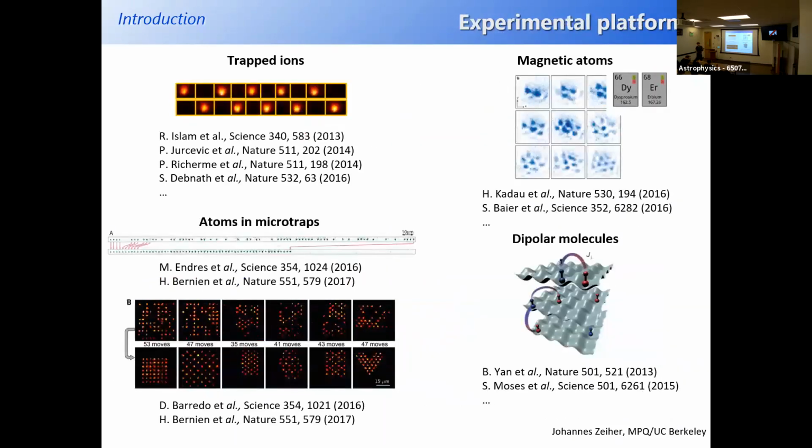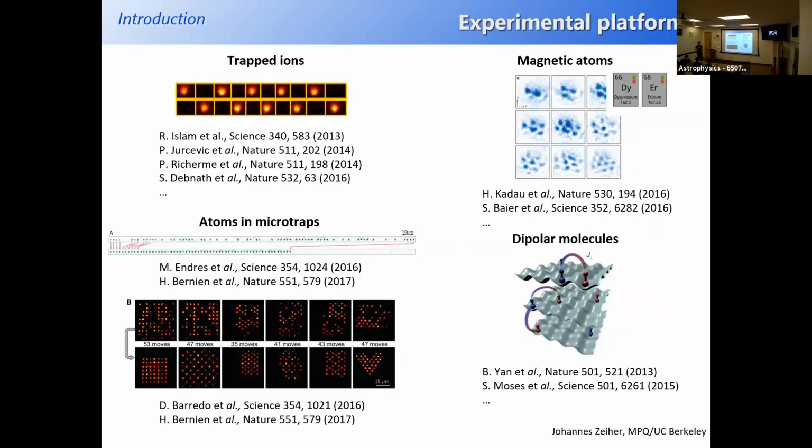Before that, I want to briefly sketch out other systems. I said I'm going to focus on atoms combined with Rydberg states, but I want to briefly show you other systems that you can use to get long-range interactions. These are experimental platforms, a selection. One I already mentioned is trapped ions, for interactions of infinite range. And there's a lot of very beautiful work from the ion groups on quantum simulation of long-range interacting systems. There are atoms that are not sitting in a lattice but trapped in microtraps, which have been combined with Rydberg excitations, which have shown really great results recently.